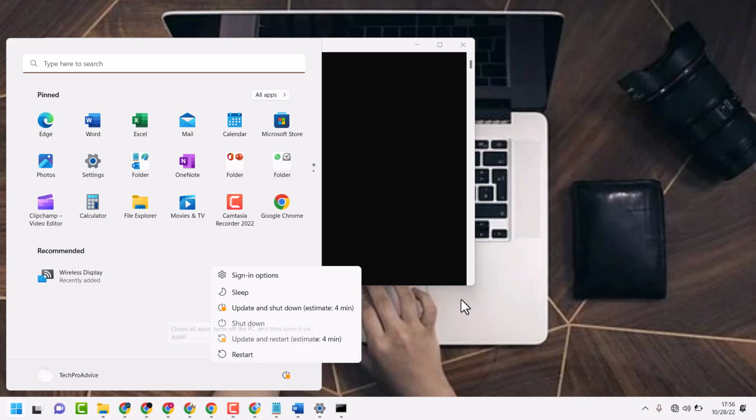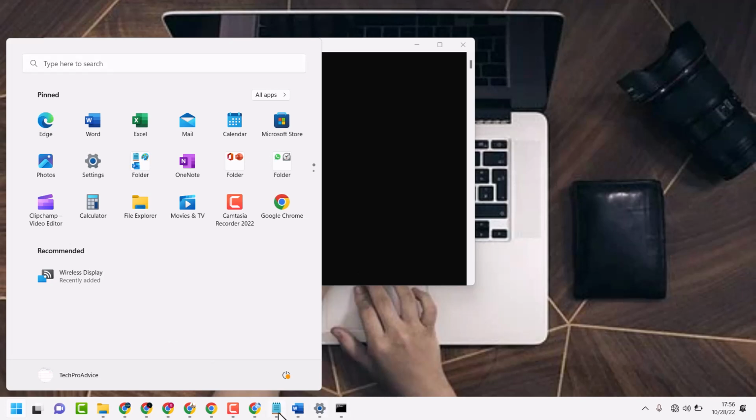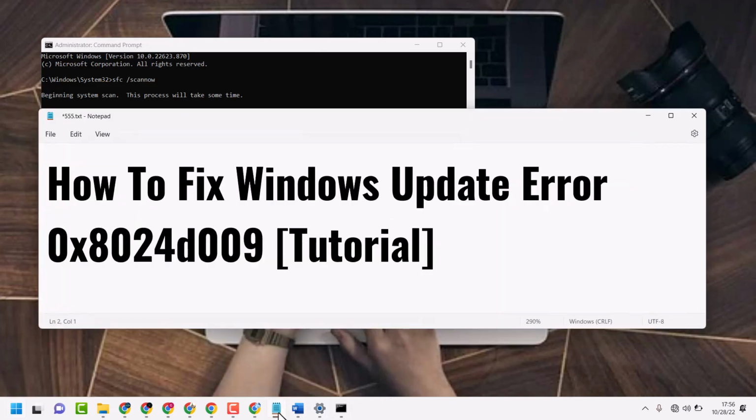So this is the way guys you can fix and resolve Windows update error